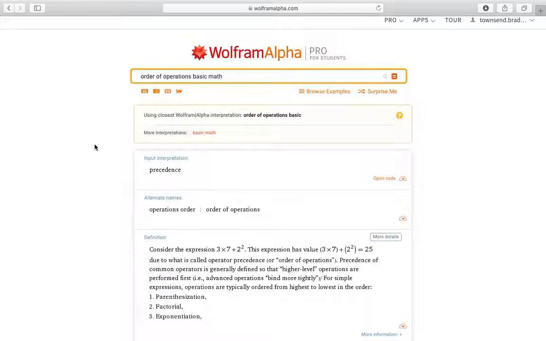And the topic is order of operations, and another term is precedence. So instead of this phrase here, some teachers and professors use the term precedence. And for dyslexics, that's